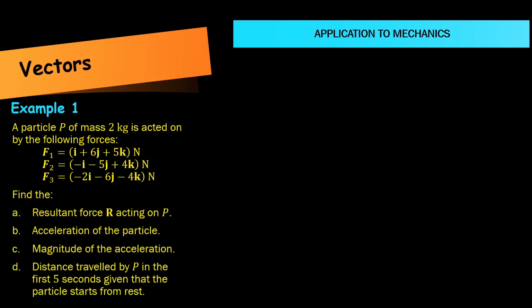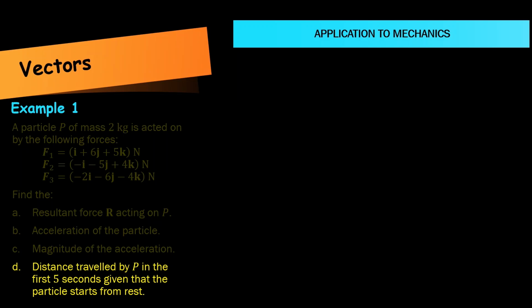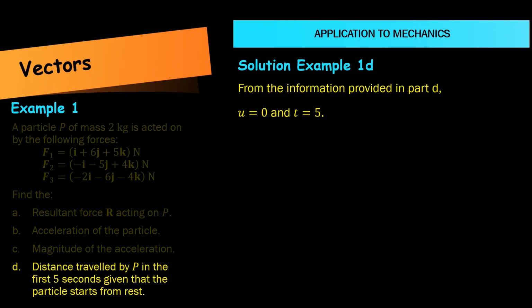Now let's have a go at part D. We are required to find the distance travelled by particle P in the first 5 seconds, given that the particle starts from rest. So let's solve this. Since the particle starts from rest, we know that the initial velocity u is equal to 0. And of course we have 5 seconds, so t equals 5. We also have from part C that a equals the square root of 13.5 meters per second squared. We want to find the distance which is